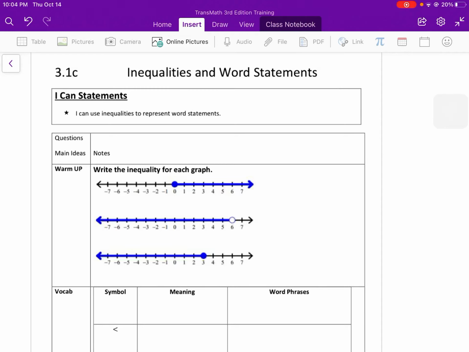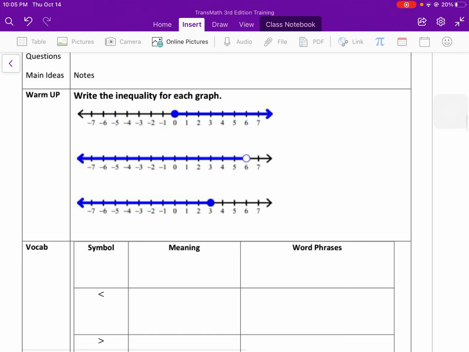Hey class, today we are reviewing our inequalities and then looking at some word statements and how we can translate the word statements into inequality statements. So first I'd like you to warm up with these three problems, writing the inequality to match the graph. So if you could pause the video here and give those three problems a quick try in your note packet, and then you can play the video and keep going